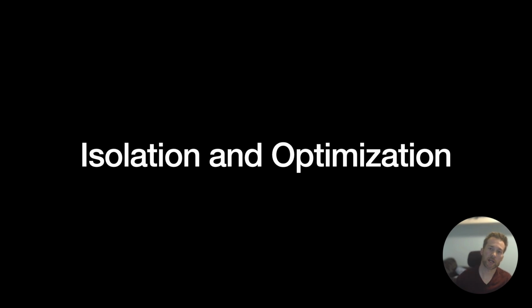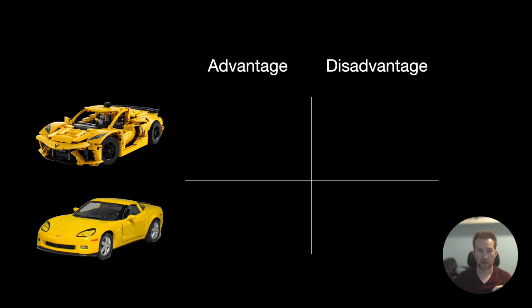Next up, we'll examine isolation and optimization. I mentioned how with low coupling you can isolate failures. Well, this is also true of changes. If you need to change something about the system, you could change it in one place without changing everything else. This is part of why this design choice gives so much flexibility, like we mentioned earlier. You can make small, inexpensive, manageable changes without upending the whole thing.